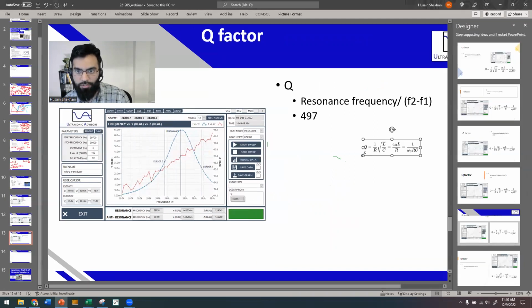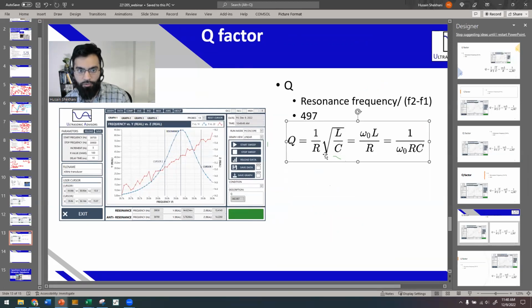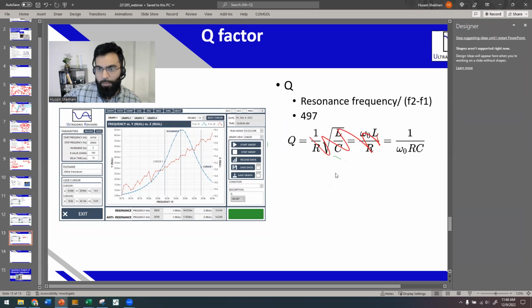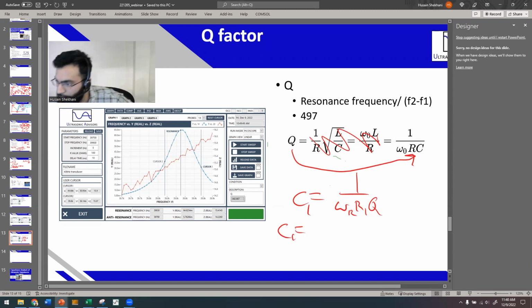So here are some equations. From this equation here, you can ignore this part right now. What I mainly will do is use Q to solve for the capacitance. So capacitance equals 1 over omega, which is the resonant frequency, times R1, divided by Q. And this gives you C1. C1 equals